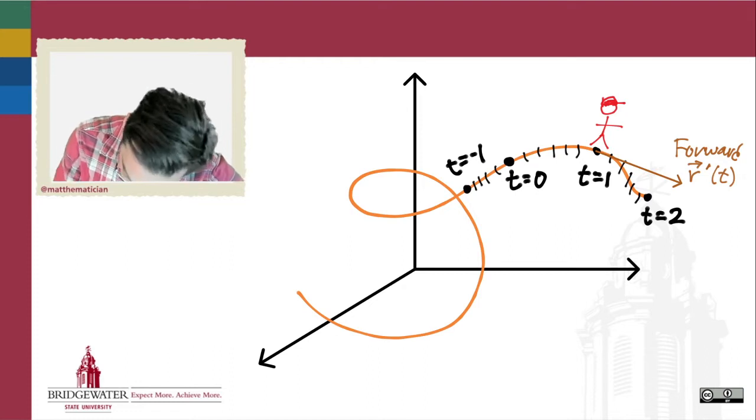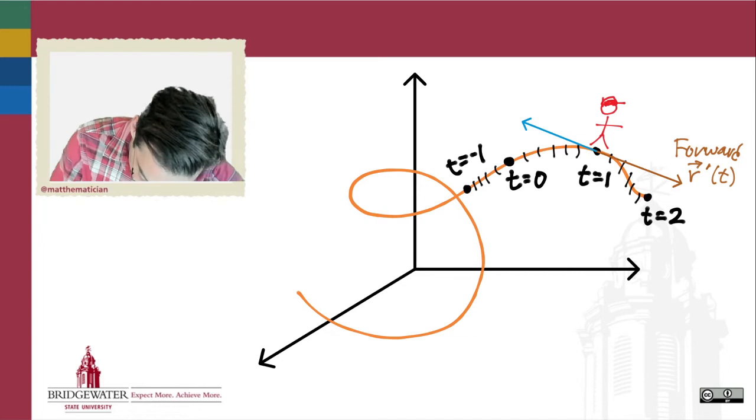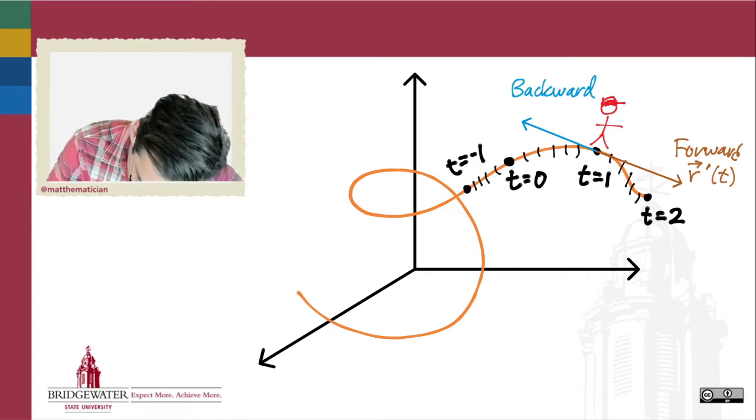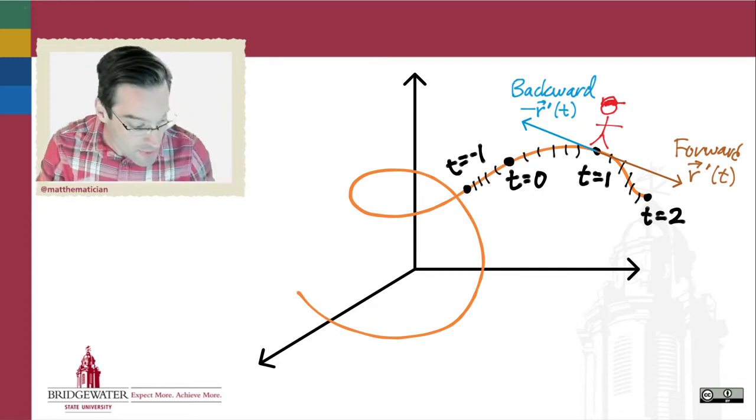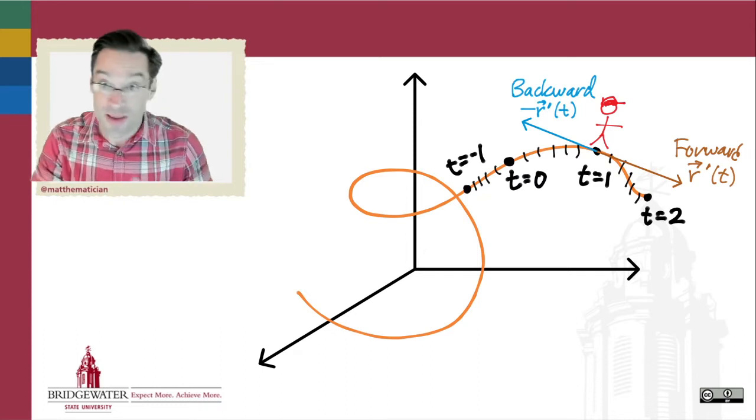And when we say backward, we really just mean in the opposite direction of the velocity vector. So those are really the only directions that I can walk along my curve, in the direction of the velocity vector or in the opposite direction of the velocity vector. That's pretty much it. And since those 2 are not independent of one another, one of them is just -1 times the other,